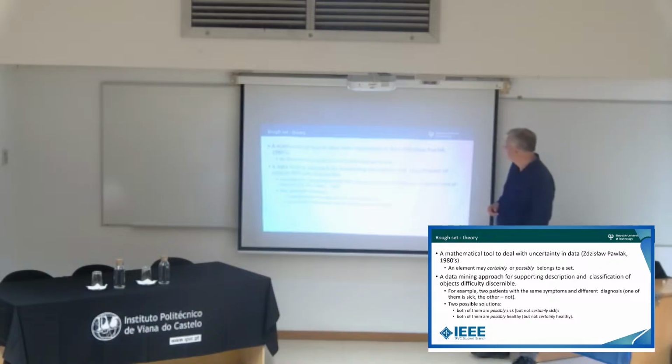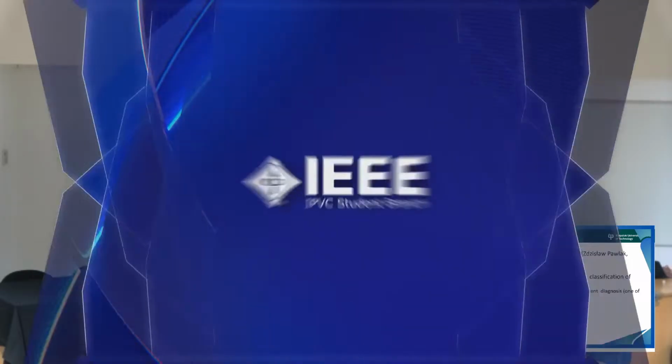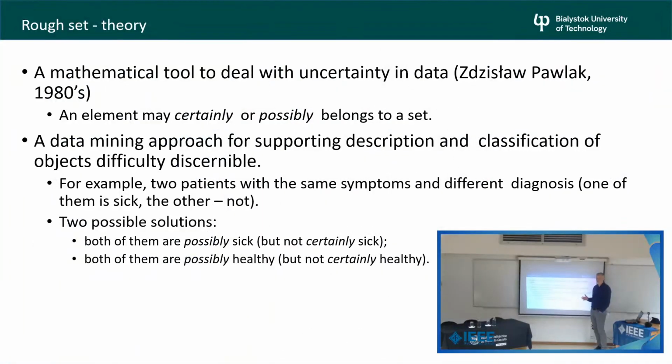And the last one, multiplication graph theory. Graph theory was developed by the Polish mathematician Zdzisław Pawlak in the 1980s. In this theory, you can divide all patterns not into two classes, self and non-self, but we can create another third class, possible self or possible non-self. We don't know if it was an attack or an interaction.